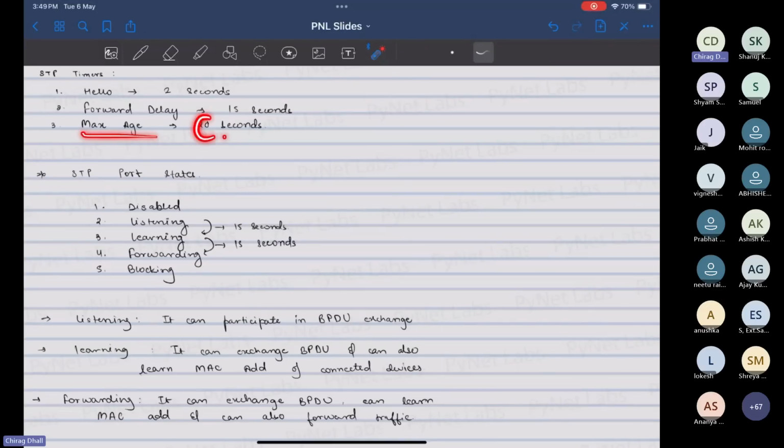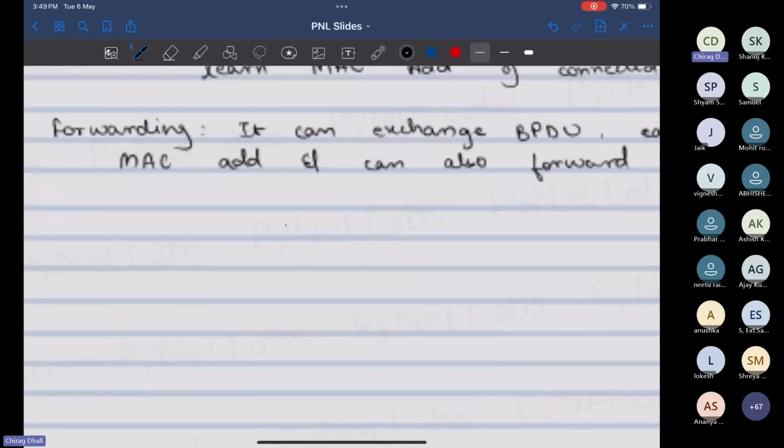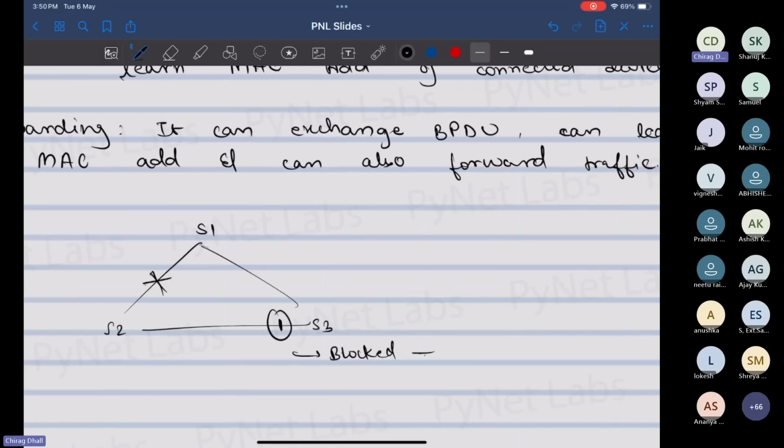Now we again have another question. What is then this max age time of 20 seconds? Let's understand. Let's say you have this topology S1 connected to S2 connected to S3, and spanning tree elections has taken place. This interface is blocked. Okay. And assume after some time, this primary link goes down. So this link is now down. So my blocked interface will first of all wait for 20 seconds,